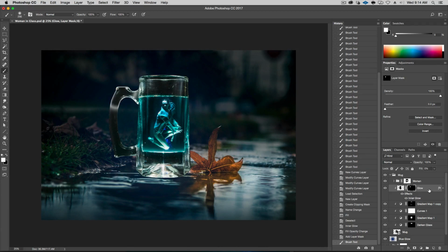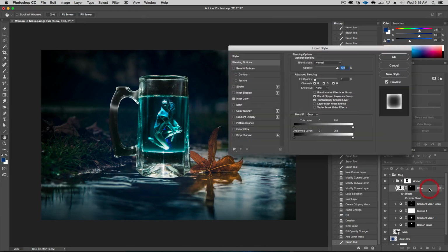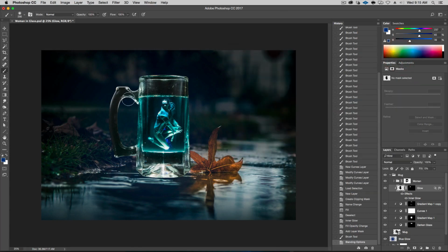To fix that, you double click on the side here, which brings up the layer style. And in this, you have this option right at the beginning in blending options, layer mask hides effects. So check that, and there you go. Now the glow is all around and the mask is revealing it. It's not changing the shape. So that's what we want. All right, so I'm going to go back to this mask over here, and black to conceal. I'm just going to hide everything again, and we'll start over.